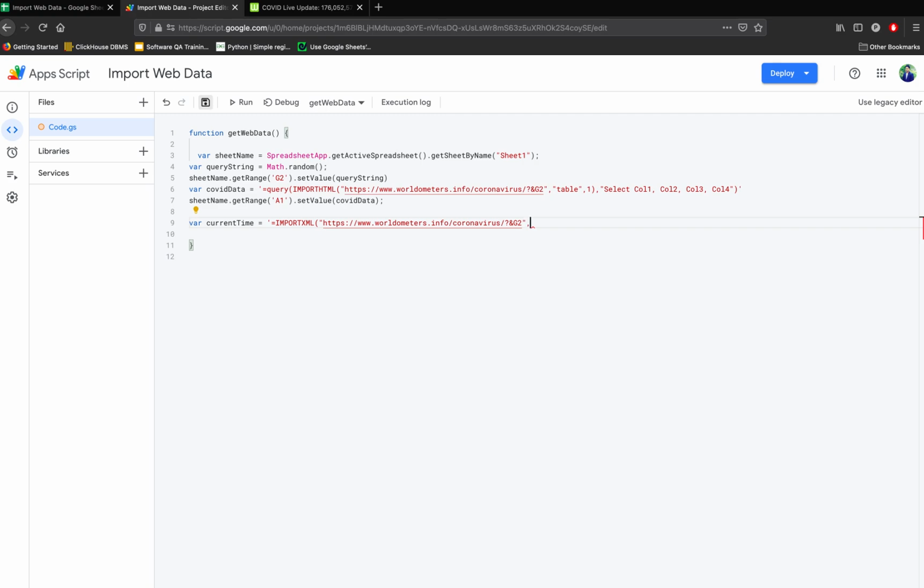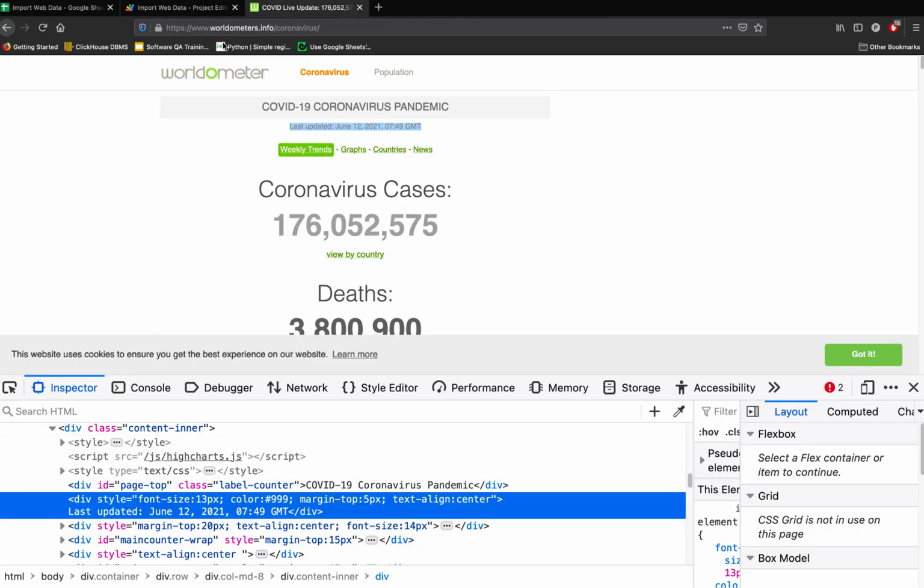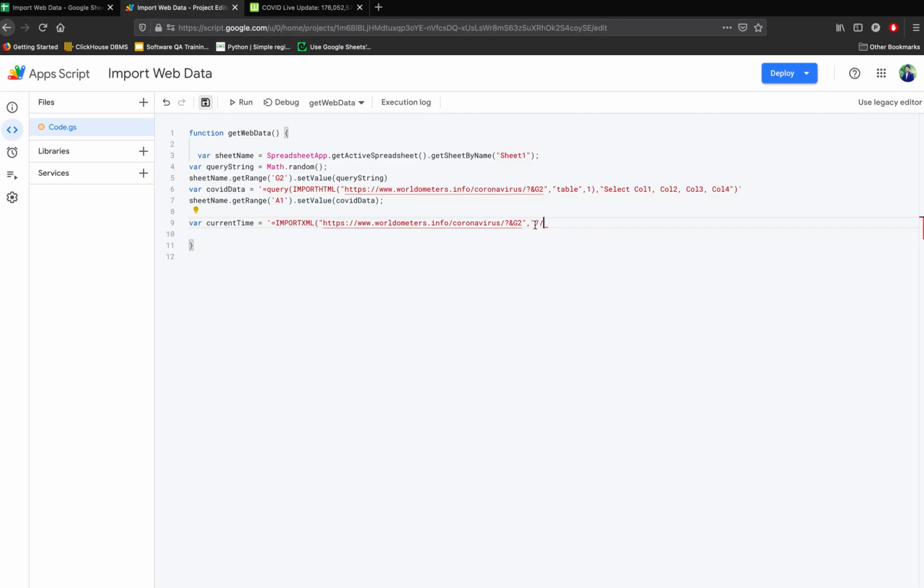After import XML, we have to write the XPath of the div, or the XPath of the text from where we are going to import the data. So it is under the div tag. So the first XPath is // for any div that contains the text. So we can use the div function, and inside div we can use contents